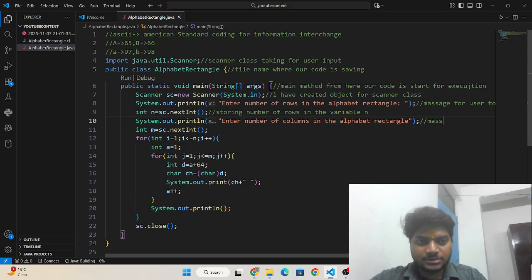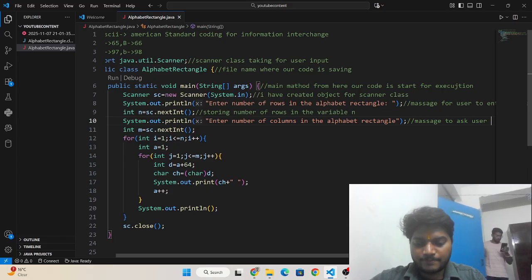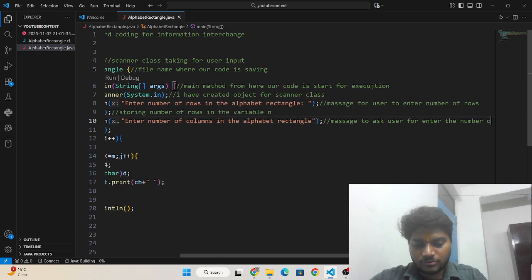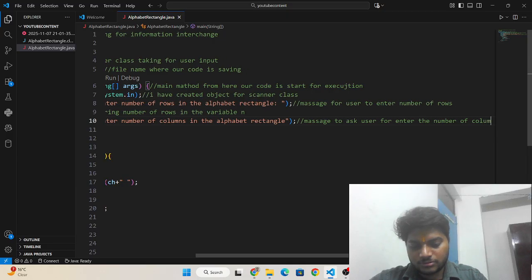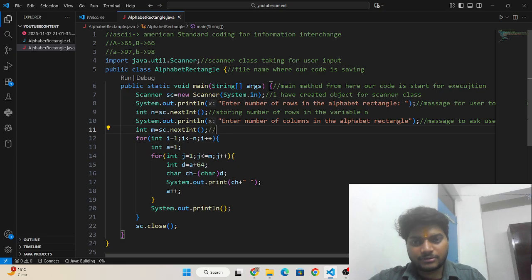This is the message to ask user to enter the number of columns, and we are storing columns in the variable m.